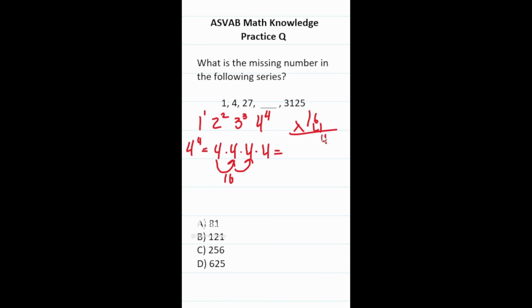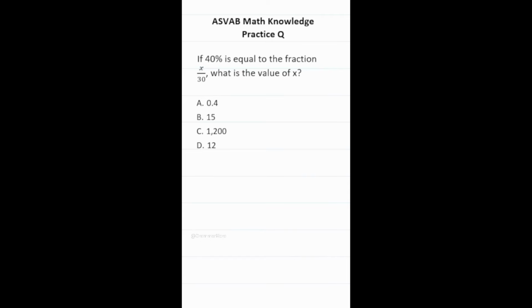4 times 6 is 24, carry a 2. 1 times 4 is 4, plus 2 is 6, so 64. So this becomes 64 times 4. Once we work this out, we'll have our answer. 4 times 4 is 16, carry a 1. 6 times 4 is 24, plus 1 is 25, so 256. So this is C. This math knowledge practice test question for the ASVAB and PiCAT says that 40% is equal